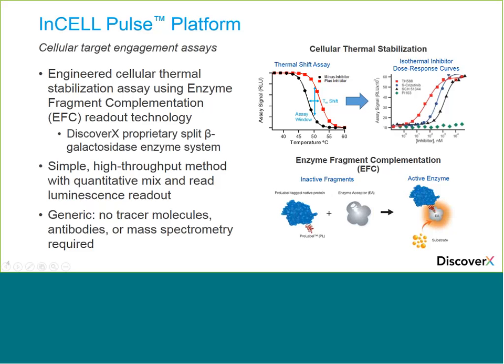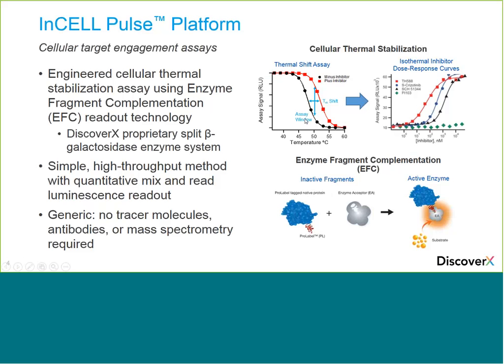So if we focus on the right-hand side of this slide, we can envision here a thermal shift assay where we're increasing the temperature and watching the target protein inside a cell denature and aggregate as a function of the temperature. Now, in the presence of a ligand bound to that protein target, the TM for that transition shifts to